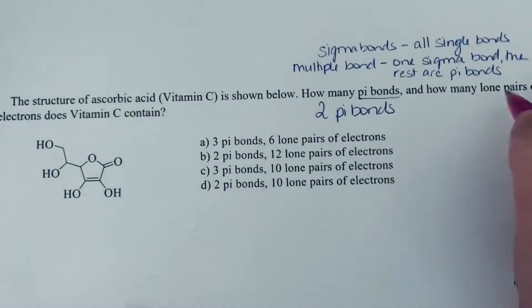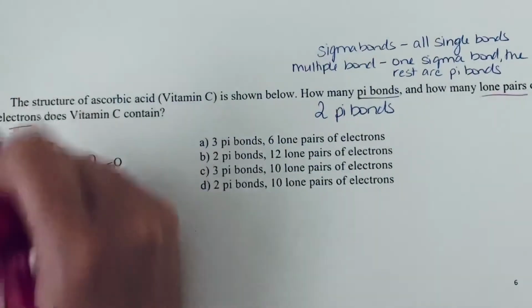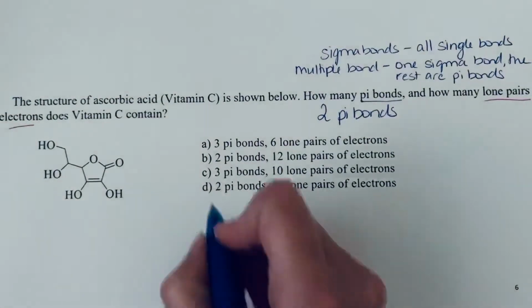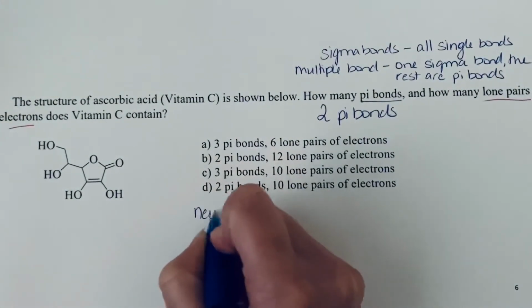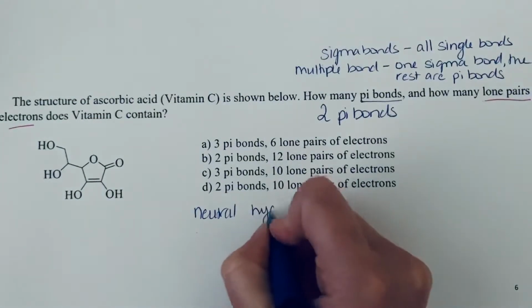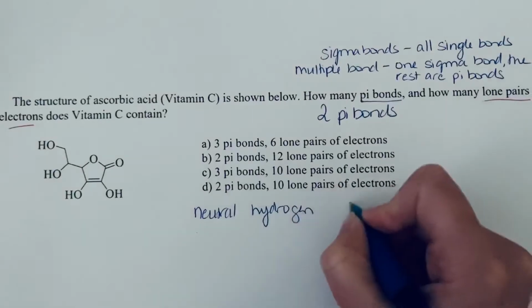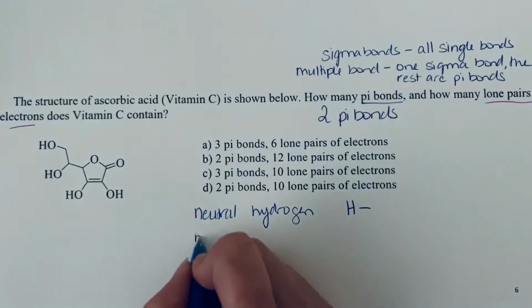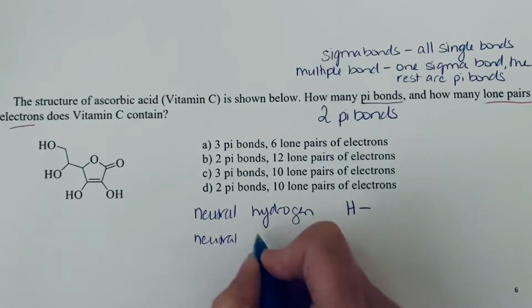The next thing we're being asked is about the lone pairs of electrons. And so we have carbon, hydrogen, and oxygen as our elements in this structure. So a neutral hydrogen, and we know that everything is neutral because we don't have any charges displayed, will be a hydrogen that's forming just one bond. A neutral carbon atom